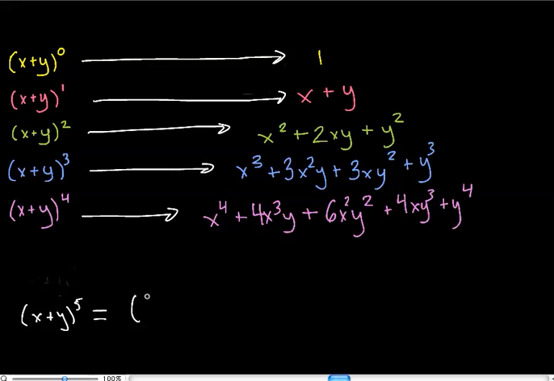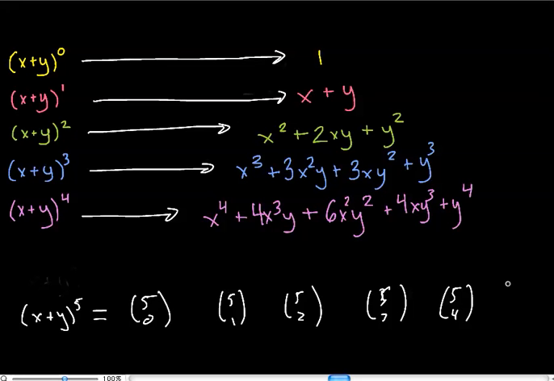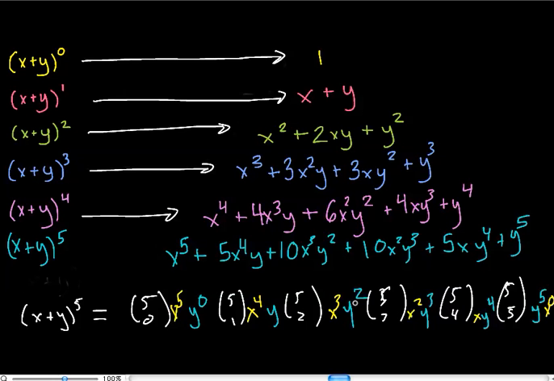According to Pascal's triangle, it should be 5 choose 0. I'll write these all out: 5 choose 1, 5 choose 2, 5 choose 3, 5 choose 4, and 5 choose 5. And then if I fill in my x's and y's, let me do that quick because I'm running out of time. Okay, I would get something like this. And notice that down the side of the triangle, my y's are increasing by a power: y to the first, second, third, fourth. And likewise with the x's, it goes x to the 5th, 4th, 3rd, 2nd, and then the y's go y to the 5th, 4th, 3rd, 2nd. So I hope this is a useful and interesting tool on how to find binomial expansion and many